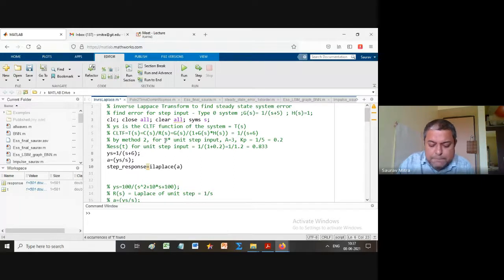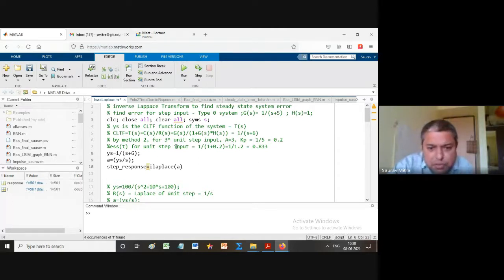So if I'm inputting the value of A as 3, at that time what happens? I will just show you. Do the same thing, go by the same method. So in this case, 3 into unit step, A is equal to 3. What will be Kp? Kp will be 1 divided by 5. So Kp value also will not change.